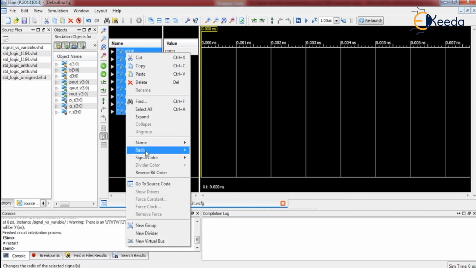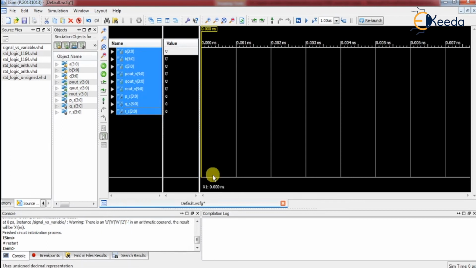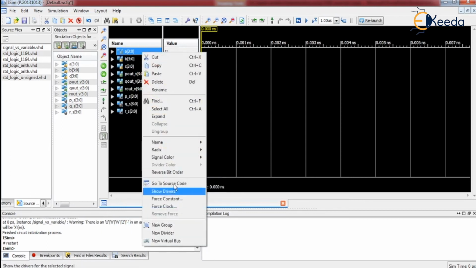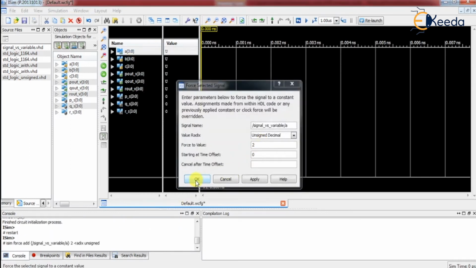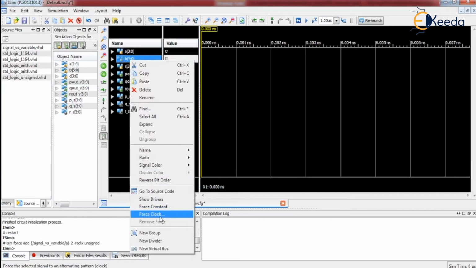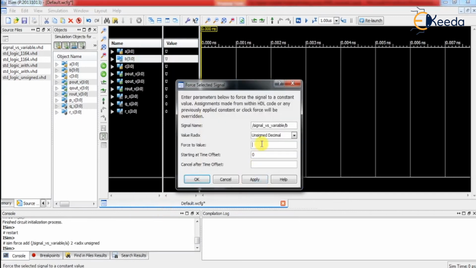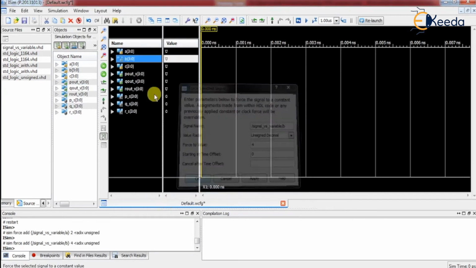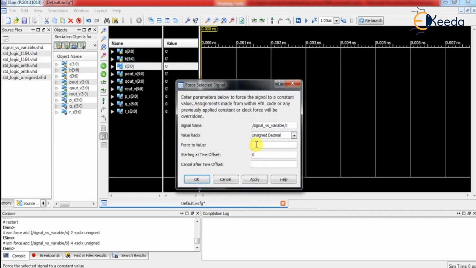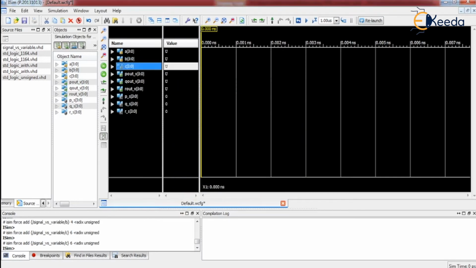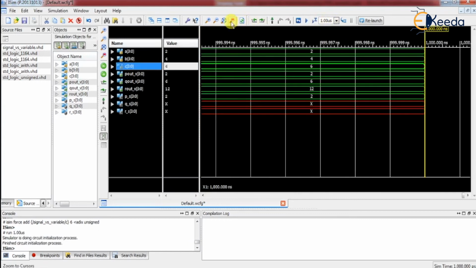Right click, force constant. A is assigned 2, B we assign 4, and C we assign 6. Force constant 6, then run it for 1 microsecond.